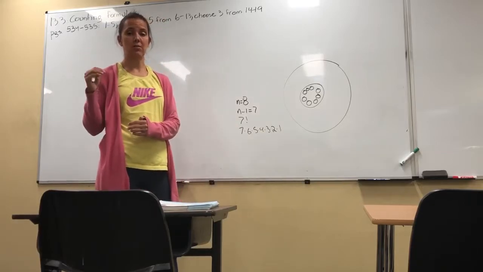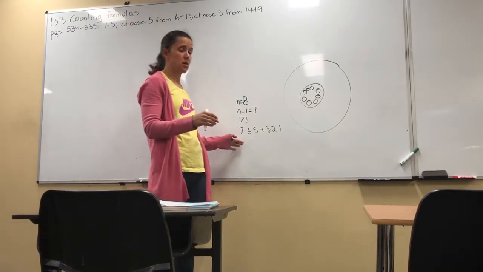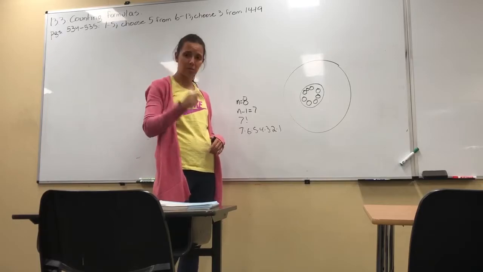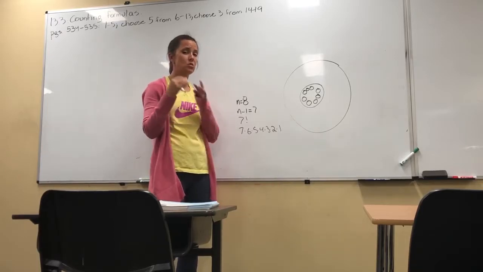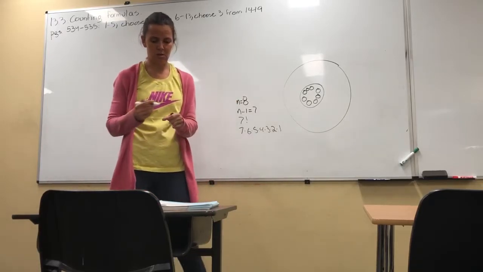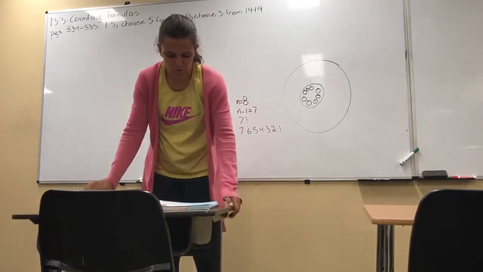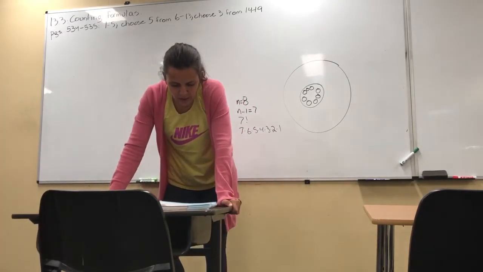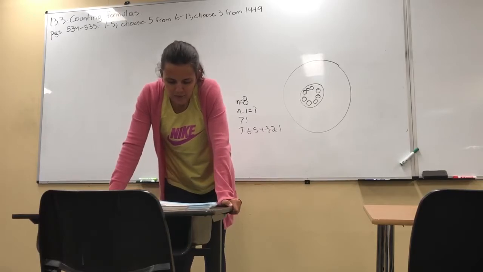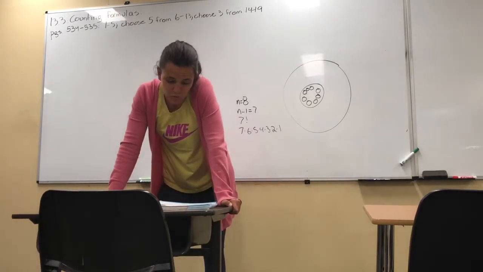Again, if you don't have the factorial button on your calculator, it's not that hard to type in 7 times 6 times 5 times 4. Make sure you go slow and don't skip one of them, because you will get the wrong answer. Okay? So those are circular permutations. Now, what if you were asked to find, for example, this isn't quite circular, but it's